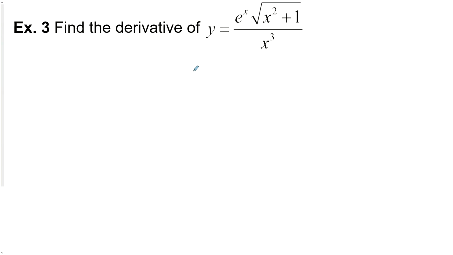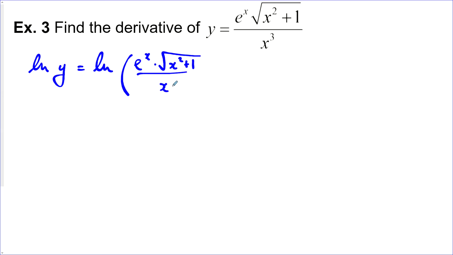We could do this question using the quotient rule, but that doesn't look too nice. So let's try logarithmic differentiation. So we'll take the natural log of both sides, and then using our log laws, we will break up this quotient here. So just rewrite this one more time. Before we take the derivative, we've got the natural log of e to the power of x, and that's just x,